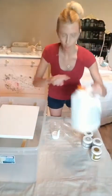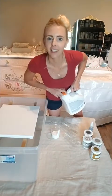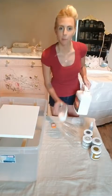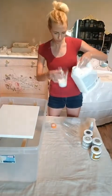Okay, so equal parts of paint. Oh, hi Karen. Hi Bernadette. Okay, I'm seeing comments. Good. So equal parts paint, and then your Floetrol, about equal parts. Again, the Floetrol is just going to help to kind of,